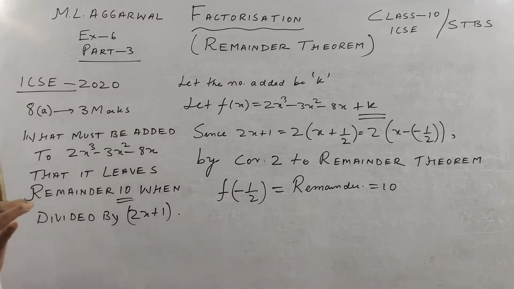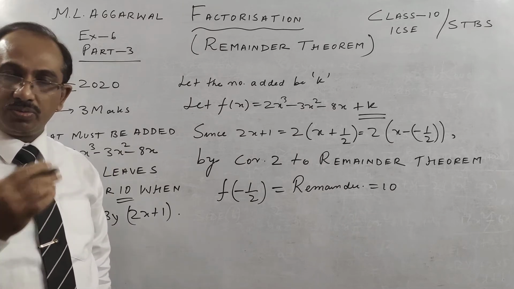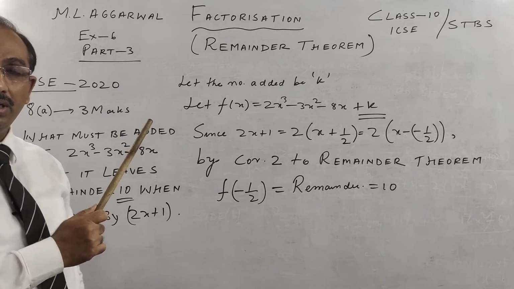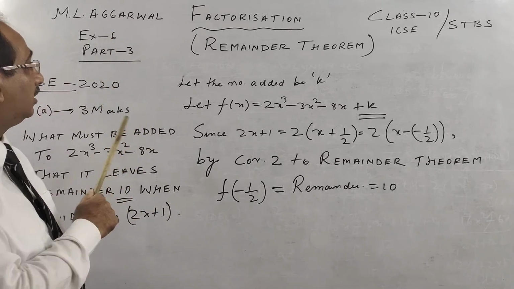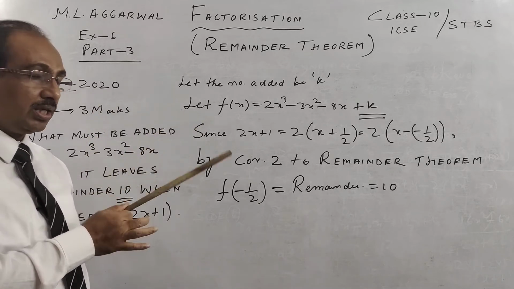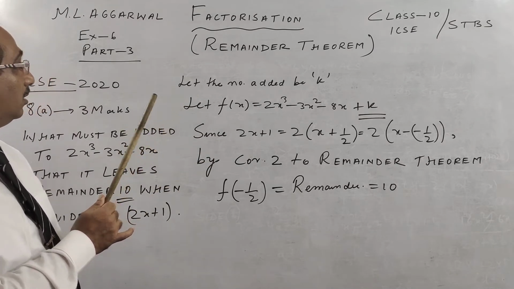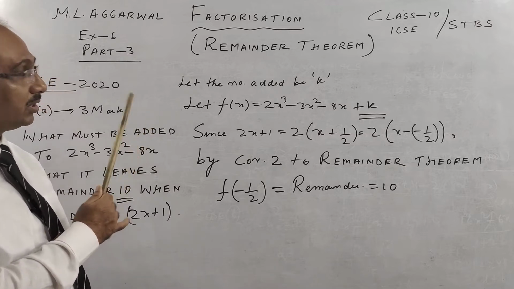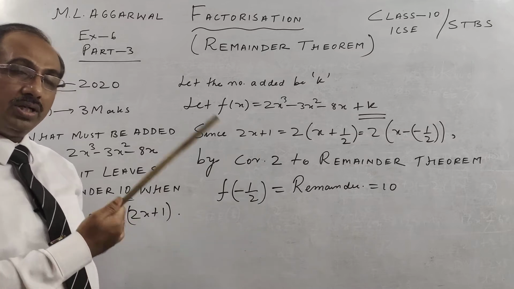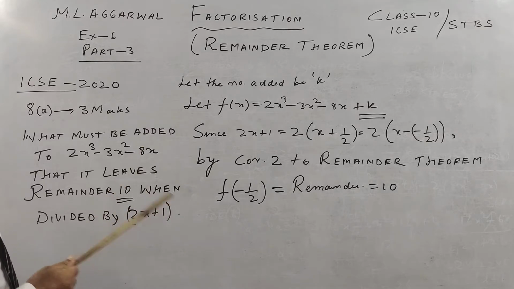It carries 3 marks. And another thing before we start, I was saying 2019 and 20, we have 2 questions, children. We have 2 questions in ICSE from this chapter. One is on factor theorem, which I have already done. Okay, one is on factor theorem, which 2020 I may not have done, but 2019 and other 2-3 years I have done. And one is on remainder theorem. Similarly, 2019 also, one question is on remainder theorem, one is on factor theorem. So remember 2 questions we have. So please take this chapter seriously and let us start.